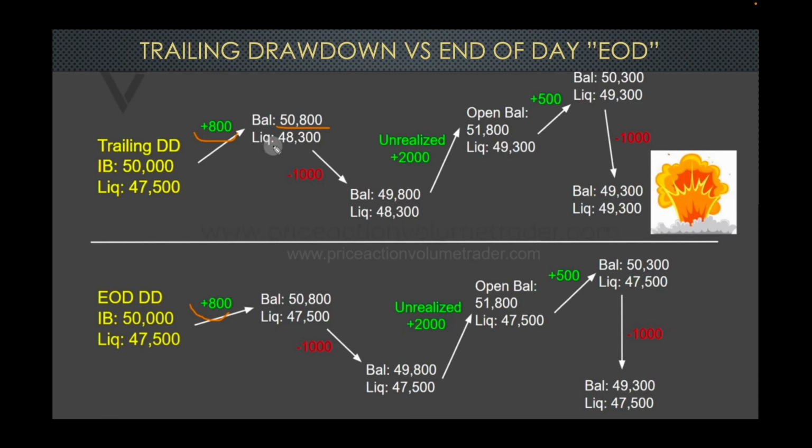And that's where prop firms, before I get into this, I'll get on my high horse about that. That's the prop firm marketing gimmick: you get a $50,000 account, you get a $150,000, $300,000 account. That's all fine and dandy, but the fine print, what you have to look at is the drawdown. What is the drawdown? Because that's how much money you actually have to trade. Normally in a $50,000 account, it's anywhere between $2,000 and $2,500. And then it goes up. For a $100,000 account, it might go from $2,000 to $3,000.